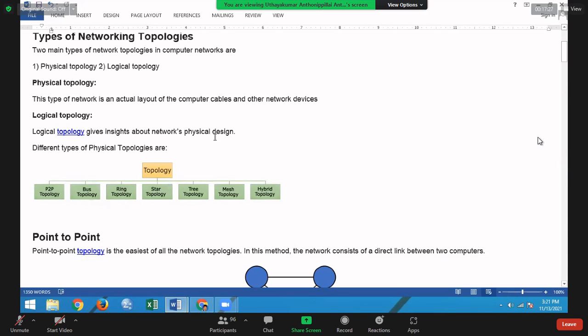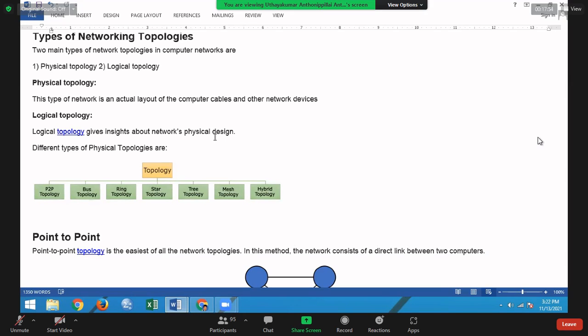When we are talking about logical, the physical arrangement may vary from the logical. The computers may look like whatever shape they are arranged in, but the topology says something different.